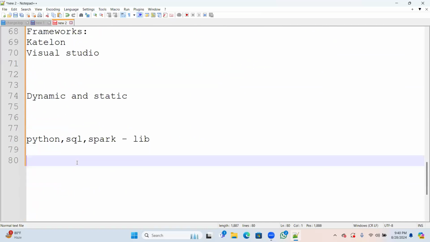Can we use SQL in Spark also? Yes, SQL can be used anywhere. All the Hive SQL queries can be written in Spark also. Then what's the main use of Hive?